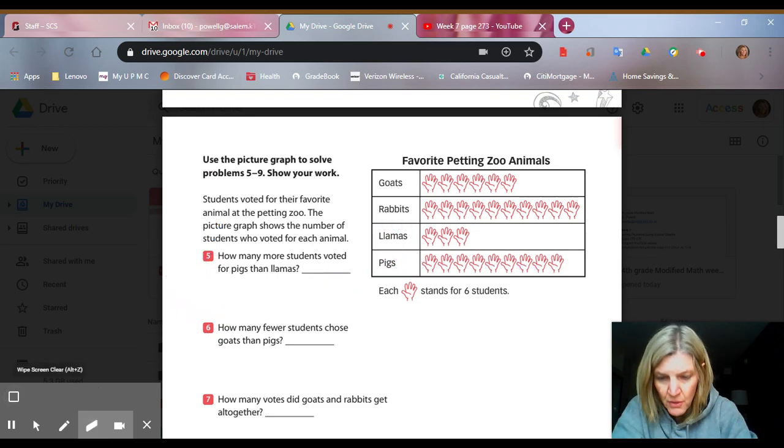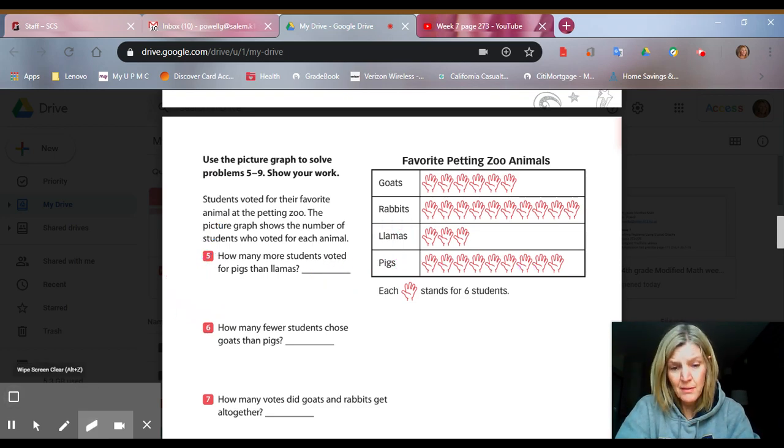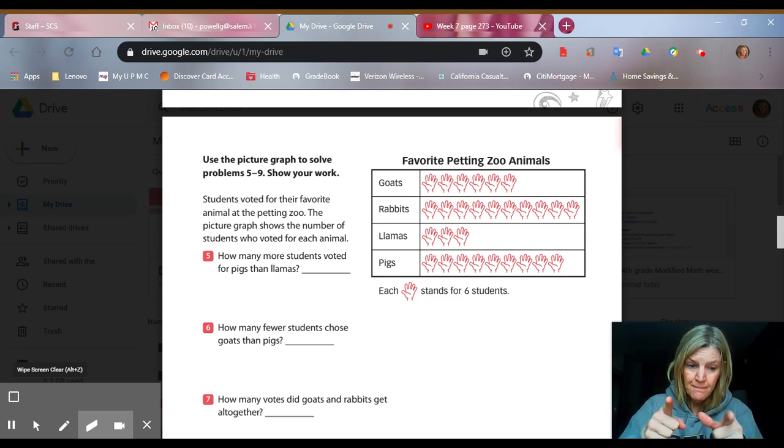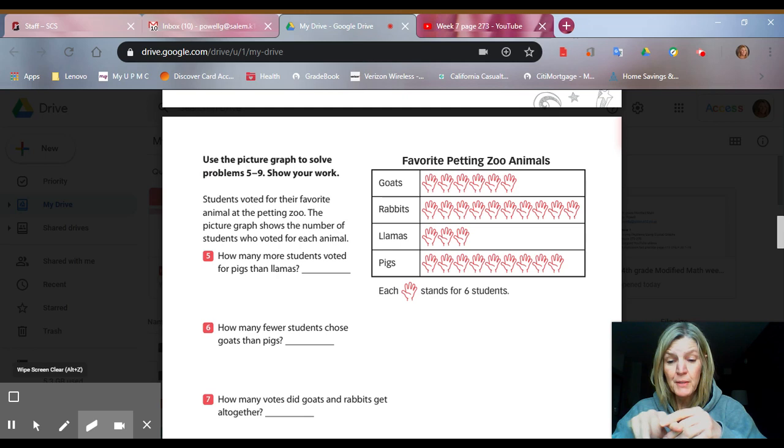Number 6. How many fewer students chose goats than pigs? How many fewer chose goats than pigs? We're still comparing two, so we're still going to be subtracting. Good. So let's see. How many fewer chose goats than pigs? Let's see, pigs